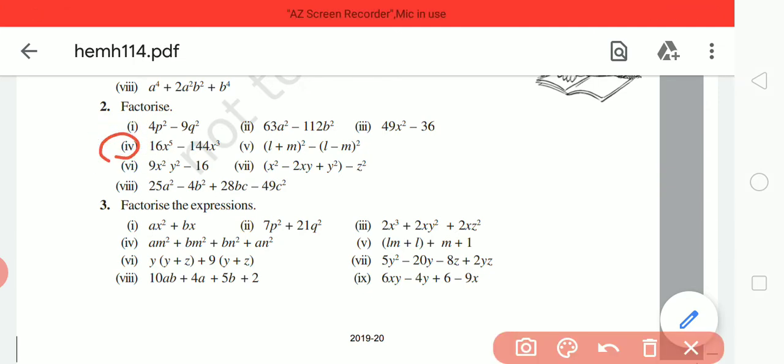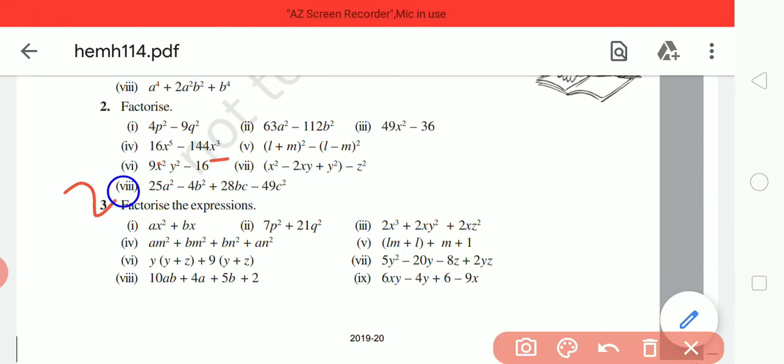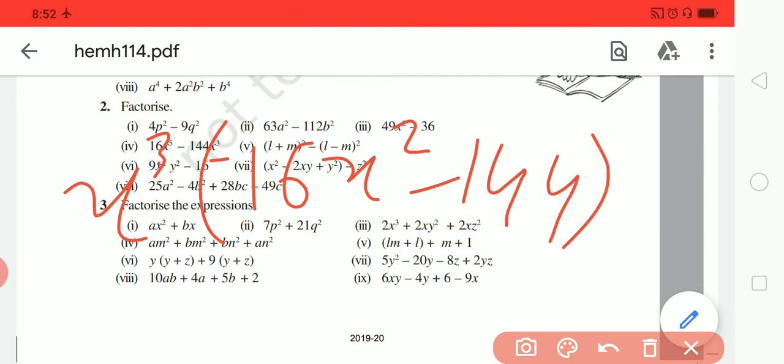So let us start the fourth one. Here 16 is the square of 4, we know that, and 144 is the square of 12. But we know that power 5 and power 3 are odd powers, so they can't be perfect squares. So we can take x cube as the common. Here we remain with 16x square minus 144, right? What is the meaning of division? We divide x to the power 5 by x cube, and we get x square as the quotient. So we will write it in the bracket. Let us rewrite it: x cube as it is, and it will carry forward up to the answer.